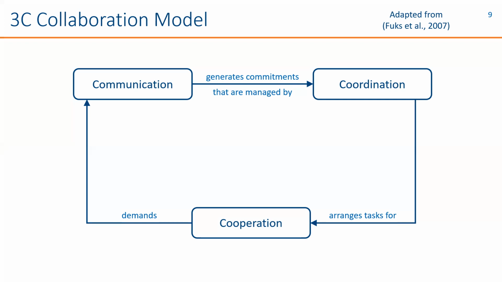A great majority of the papers that I reviewed use these three terms, the 3Cs, interchangeably or without defining or citing anything, and it was frustrating at some points, but I ended up finding a couple of sources here that do define them and model them. So how I describe it is based on my understanding of that literature. The graphic on the screen is derived from a paper that models collaboration as a basis for groupware development.